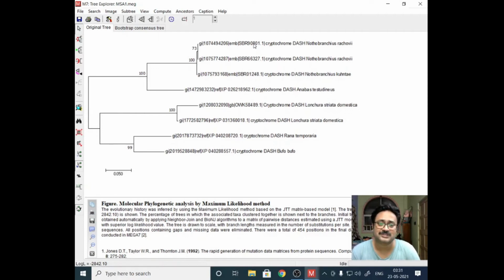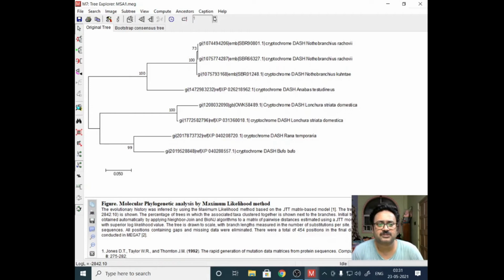So you go back to that journal and find out from where this species was collected. So this is the procedure for how you should deal with it, because when you are getting a result like this, you should probably go back to the data and see if there is any problem with the data. Alright, so this is one example.